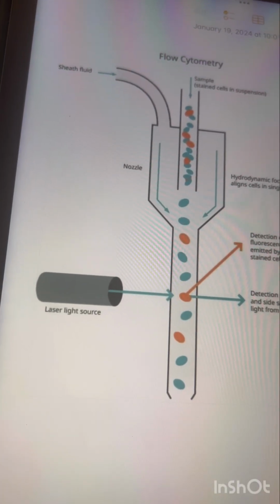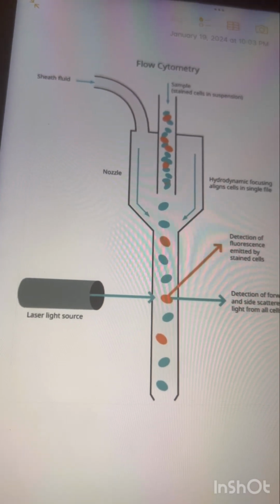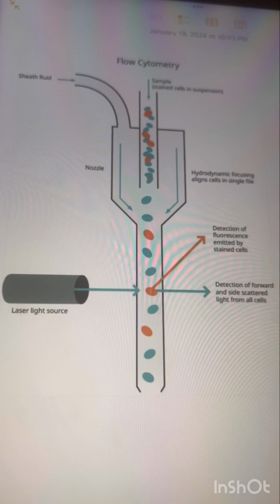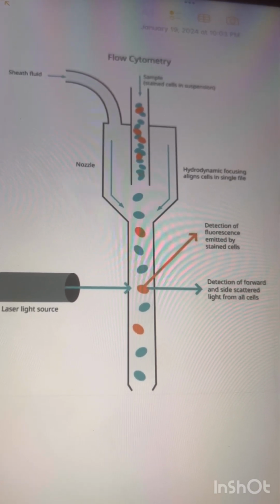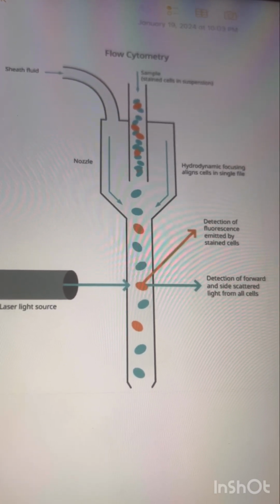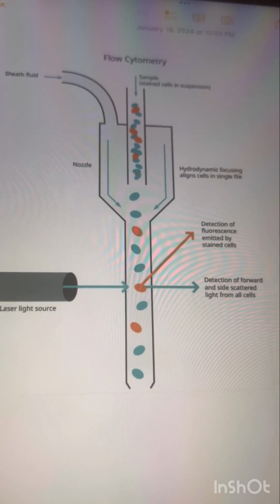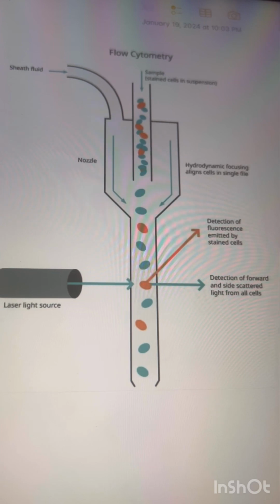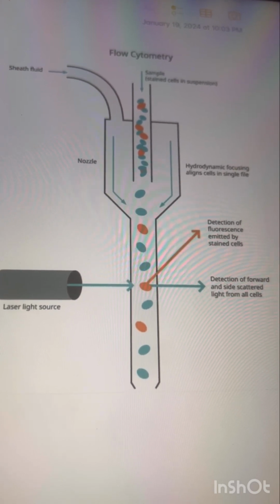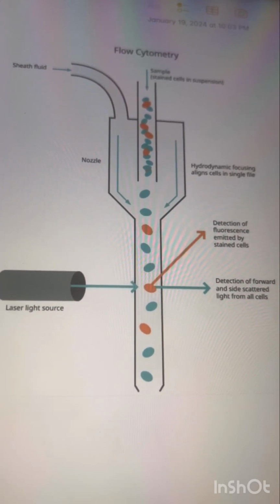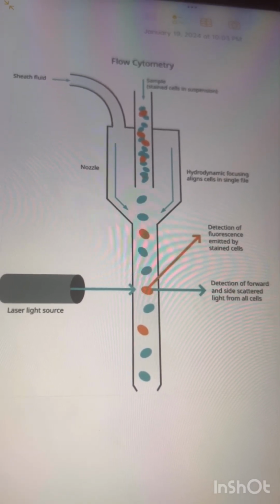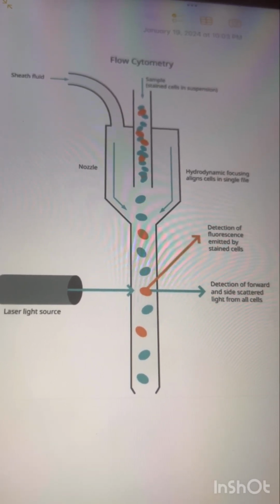However, in this video I wanted to give you some very vital information about flow cytometry, and also some very important information about a very important part of flow cytometry, which is fluidics. And I also tried to describe the hydrodynamic focusing, and actually this is the basic information about hydrodynamic focusing that I discussed. So I hope it will help you to understand flow cytometry and its fluidic system